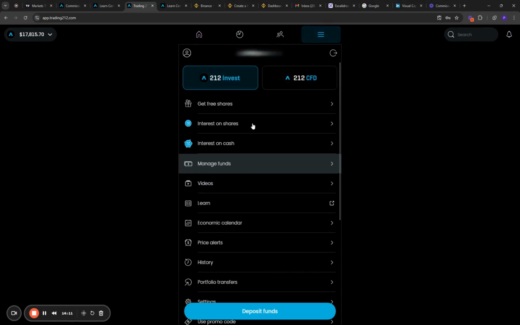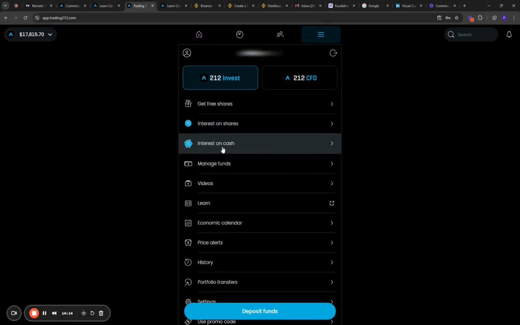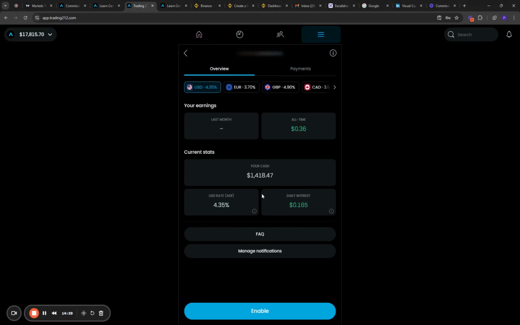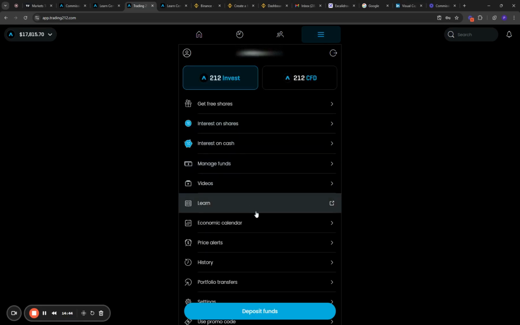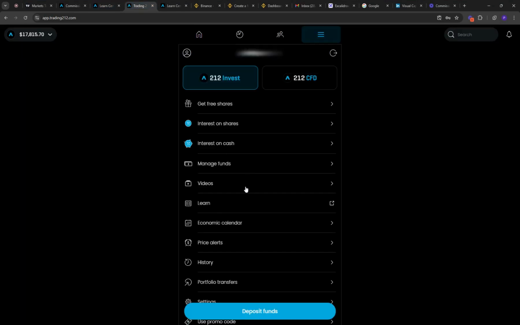What else? If you hold your cash in Trading212, you can get interest. If you are a Muslim, it could be considered not permissible, but you can enable it from here. I have not enabled it right now, but you can enable it and you will get about 5.3% annually. This may also differ, because whenever the interest rate for the country increases or decreases. Also here is the learn section I told you about. This is the link for it.